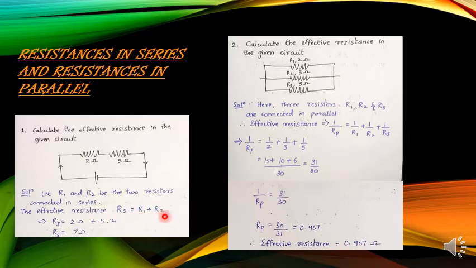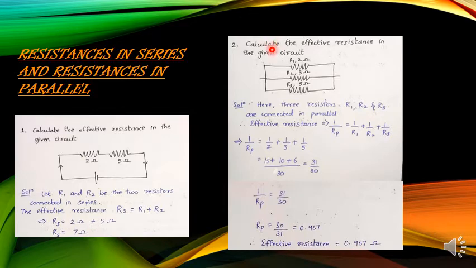When you substitute the values of R1 and R2, it is going to be 2 ohms plus 5 ohms. So it is 7 ohms. Dear students, hope all of you remember whenever resistors are connected in series, the overall resistance will increase. You can see the number here, it is 7 ohms. And what were the numbers? Here it is 2 ohms and 5 ohms. If you see numerically, it is increased. You should remember this always. Whenever resistors are connected in series, the overall resistance will be increased.